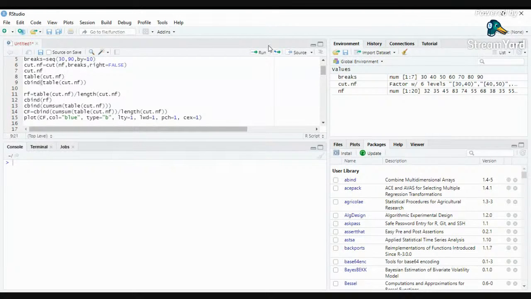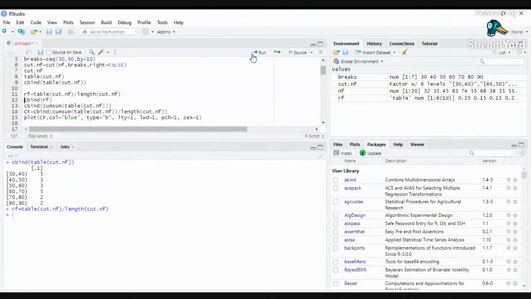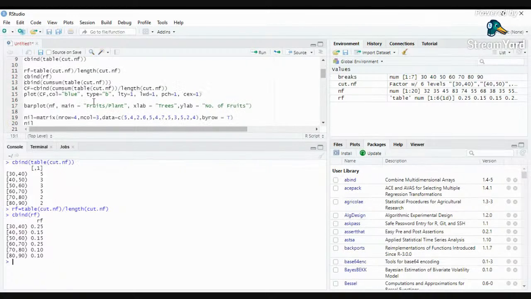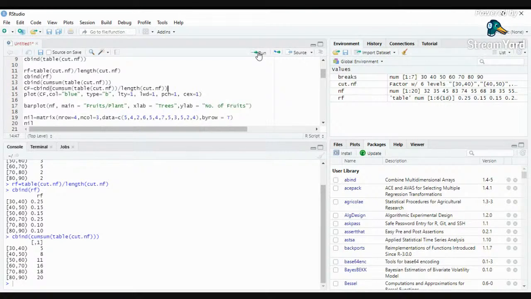Similarly, table, then cbind, column bind, and you will get this in tabular form. For relative frequency, again using column bind, you get the relative frequency: 0.25, 0.15, and so on. And further, if you want to plot them,